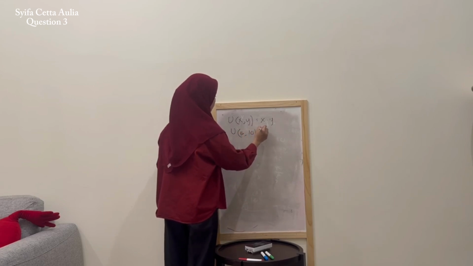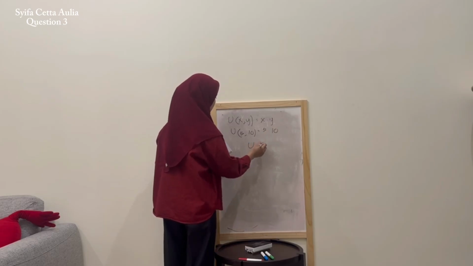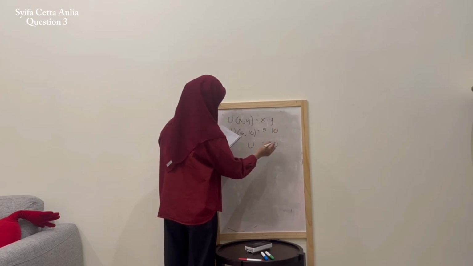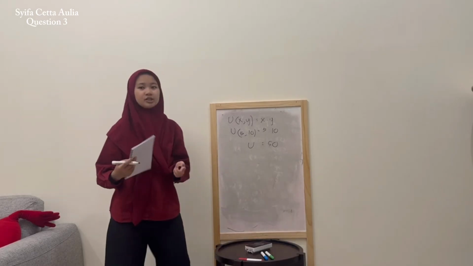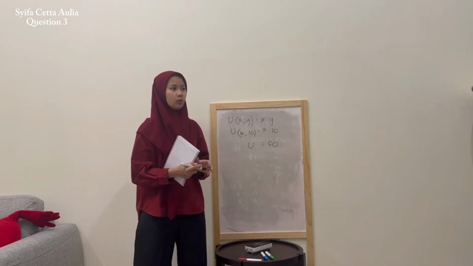So 5 times 10 is 50. So our utility function is 50 when